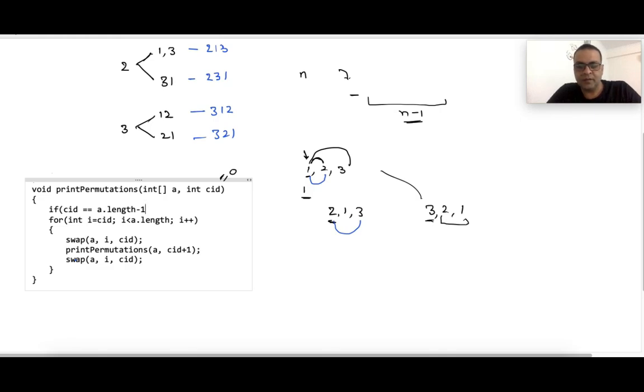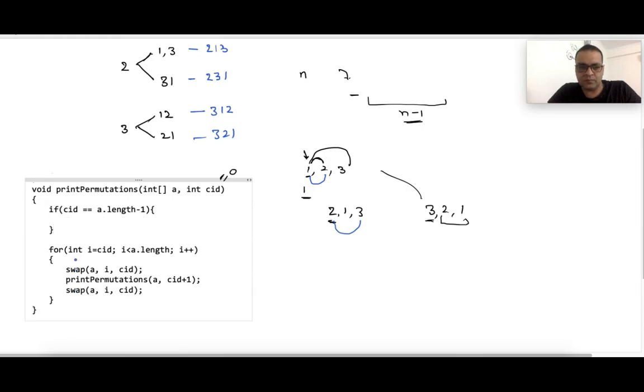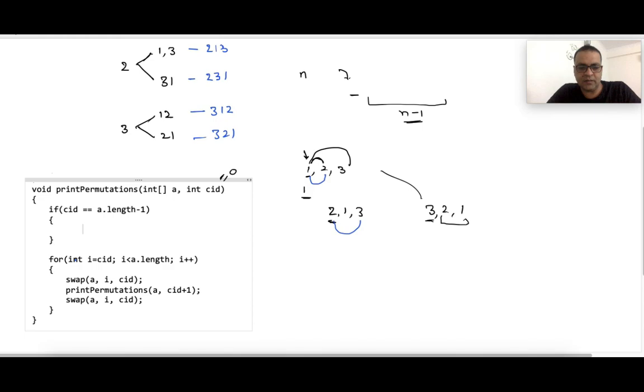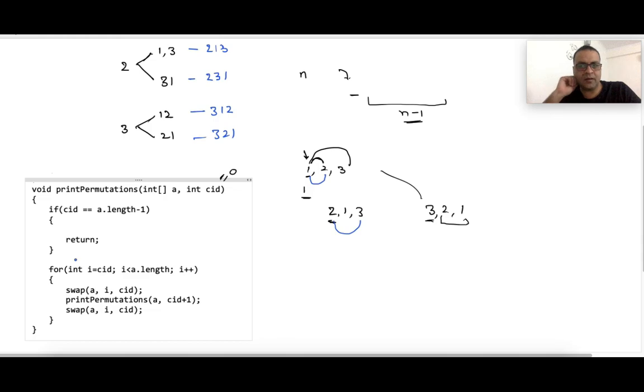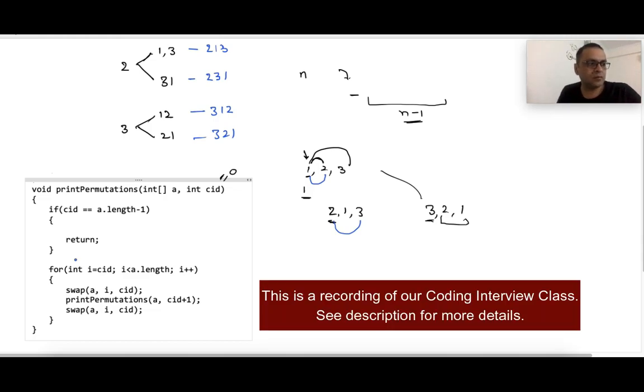right? So if we are at the last element, then what should we do? Just return it, I think. But if we just return, we are not printing the permutation. No, return the array, entire array. If we return the entire array, then where will we return the array to? To the calling function,